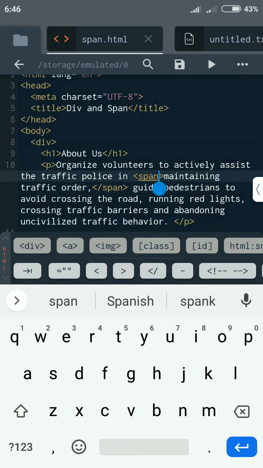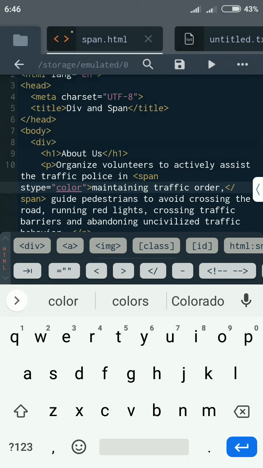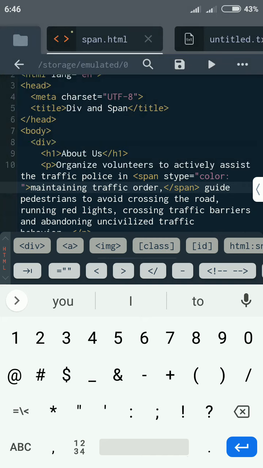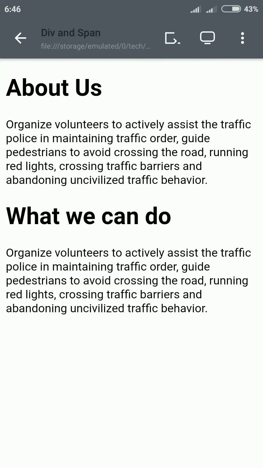Now, for this span tag, I would like to give it a style quickly. I don't recommend this. I just want to show you something. That is why I'm going to do it here. So we can say style. And inside the style, we'll say equal to. I'll say something like color red. All right. Once you play it on the screen,